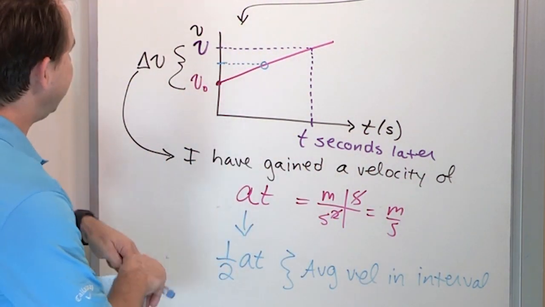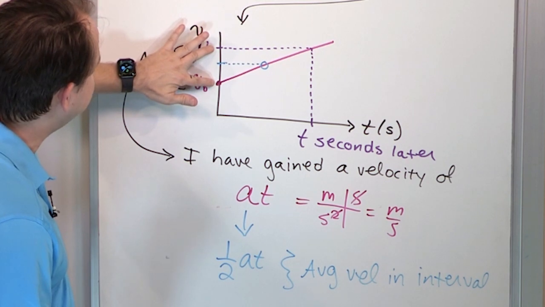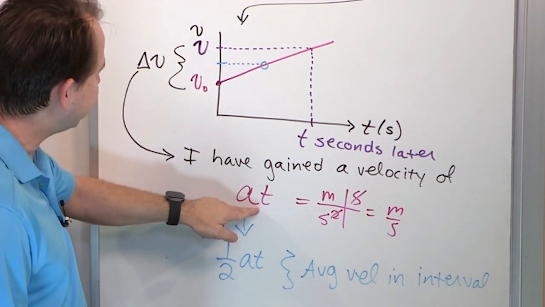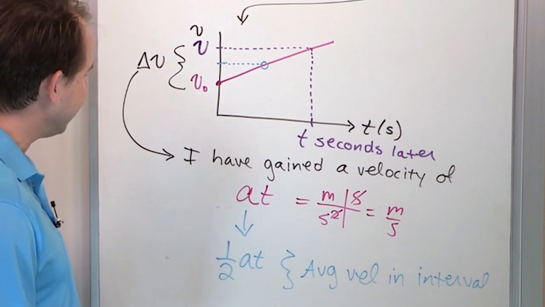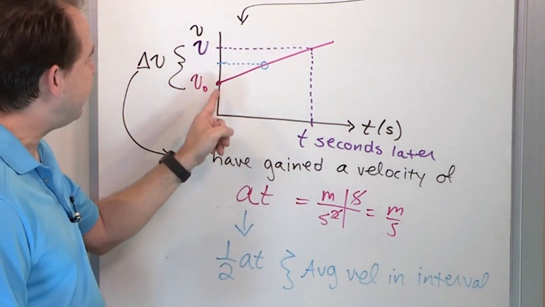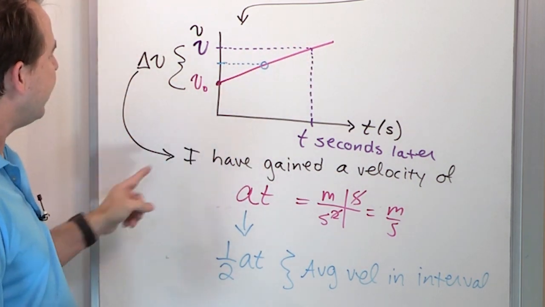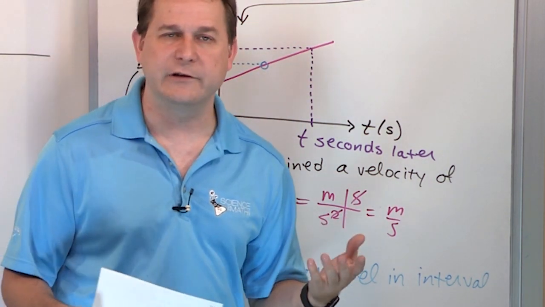The average velocity is what? How much increase in speed I have, divided by 2, because that's the average. So this is the increase in speed. I divide by 2, that's the average. So this is the average velocity during the accelerated motion. I start here, I end here, this is the average. So then how far did I travel due to acceleration? Well,